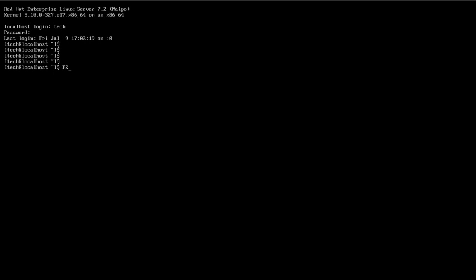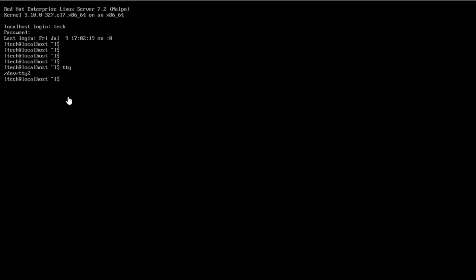Now if you want to see which terminal you are logged in on, then you can run the tty command. When you run the tty command, you can see which terminal you are logged in to, and here it is showing that I am logged in on TTY2. This is F2. F2 is TTY2, and this terminal file is also under the dev directory, where all the device files are there. You can see this TTY2 is under dev, and dev is under slash.